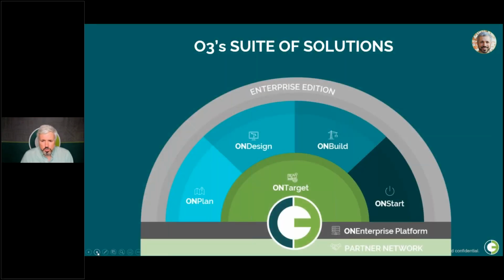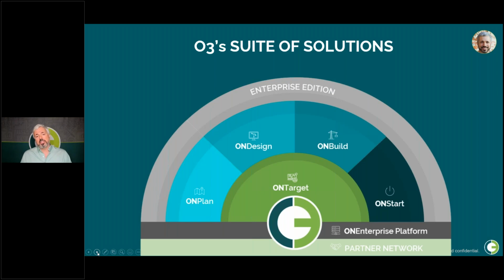When we talk about our solution, this is the overall platform. Again, this is a platform that goes across the entire project lifecycle. So there are 4 main modules or solutions on the AWP side. We start with On-Plan for front-end planning, typically an owner using that to set up the project for AWP success.